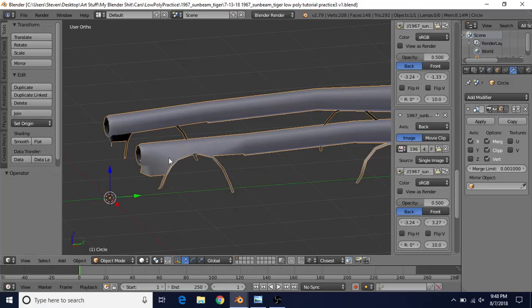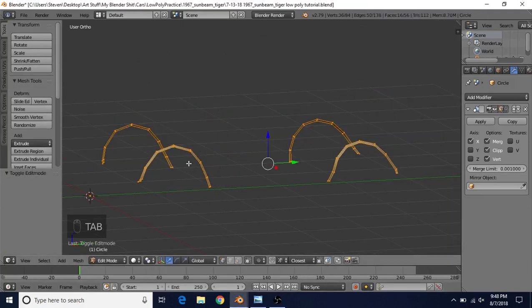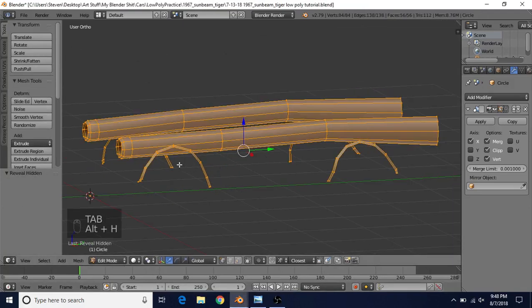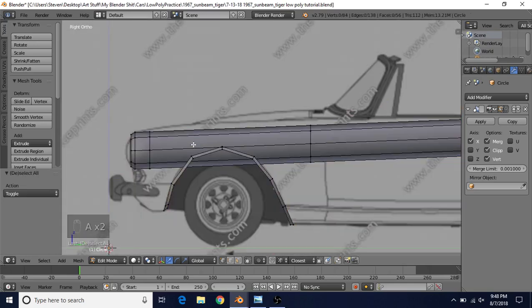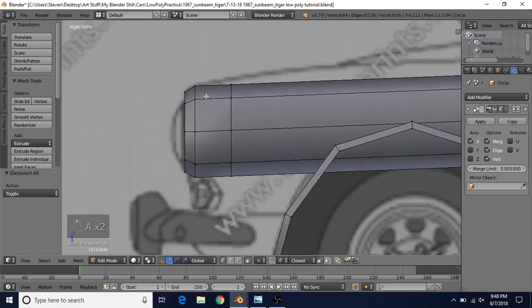Going to continue by creating connections for this part and then creating the start of this front part here. We're going to go back to our Blender file. We're going to tab into edit mode, do Alt-H to unhide everything. I'm going to do 3 for side view, A to deselect, and we're going to need another edge loop pretty